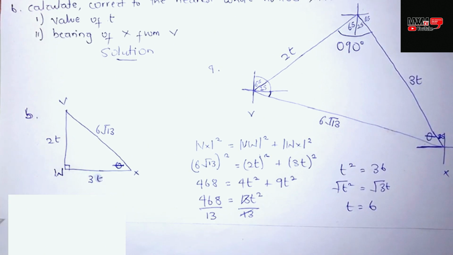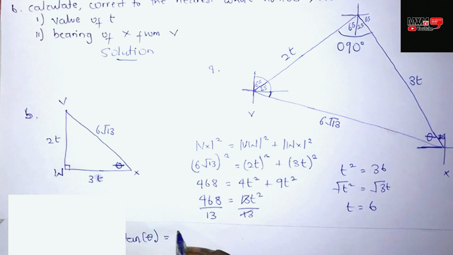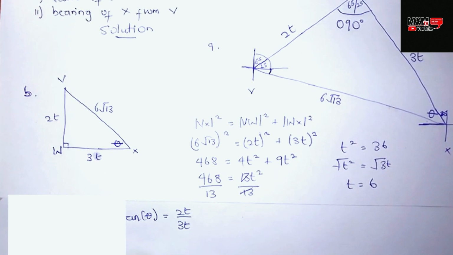So theta is at where x is. So I can apply any of the trig ratios. So I'm going to use tan by saying that tan theta is equal to opposite over adjacent. Now the opposite here is 2t and the adjacent is 3t. And this is going to give us